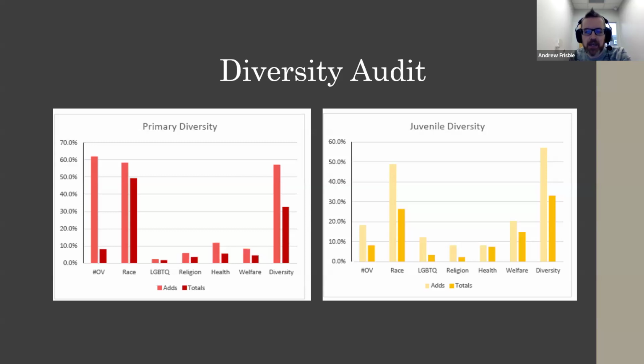This can be a really useful tool in terms of, hey, I want more diverse stuff. I'm surprised the queer collection is kind of low in representation in primary. Race is really high, and it's because in picture books, you can have images of minority characters that aren't necessarily the main character.